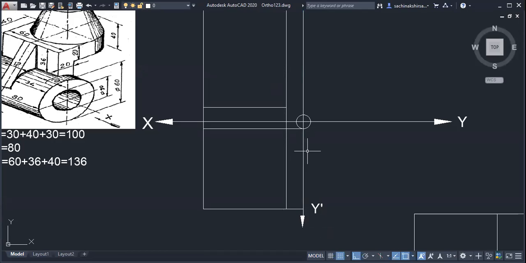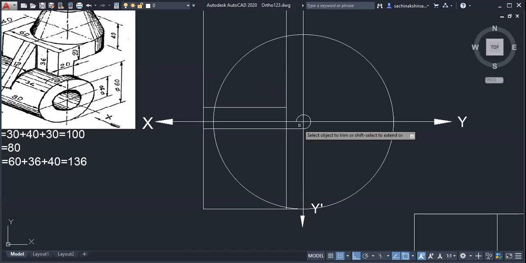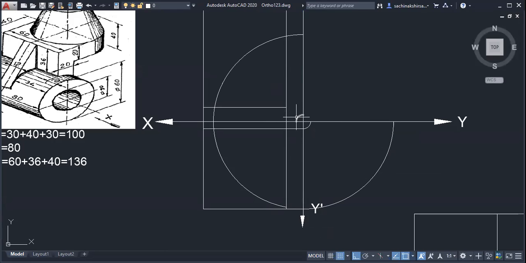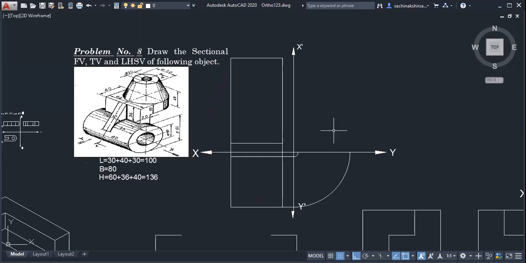From here we can draw an arc. Okay. Dimensions are more. That's why it is very difficult. Up to this. Okay.